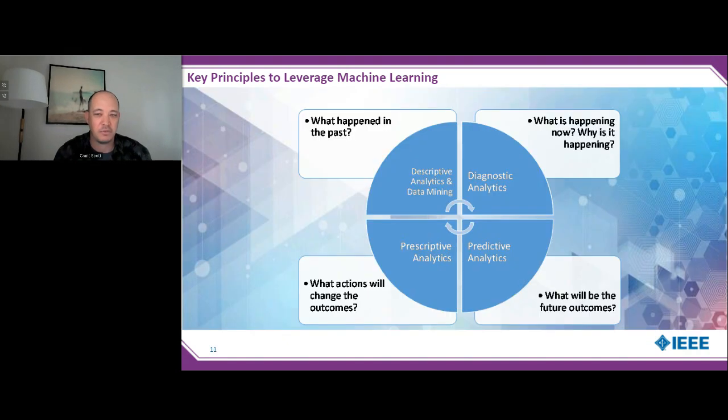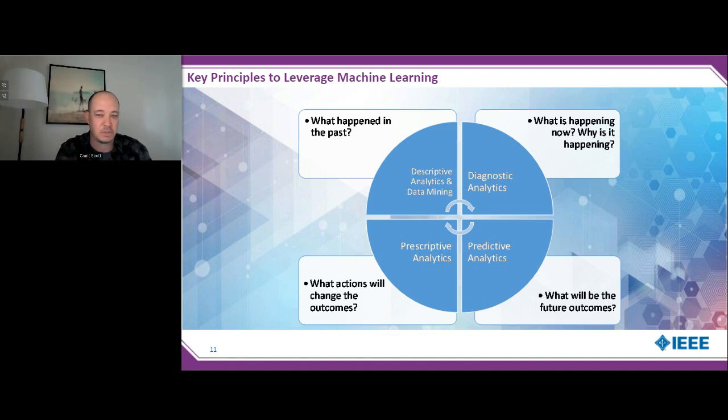The data analytics loop is a key concept for fully understanding and exploiting enterprise data. This includes descriptive analytics and data mining to understand what has happened in the past and its effects on the business. Then the ability to understand the point in time or current state of data and the business using diagnostic analytics. Once we understand the past and can know the current state, businesses can develop predictive analytics to understand trajectories,